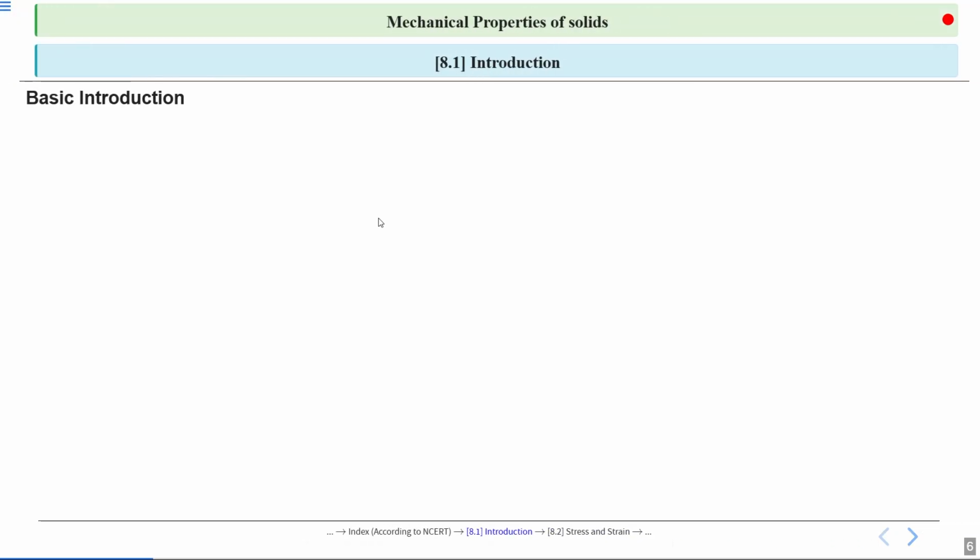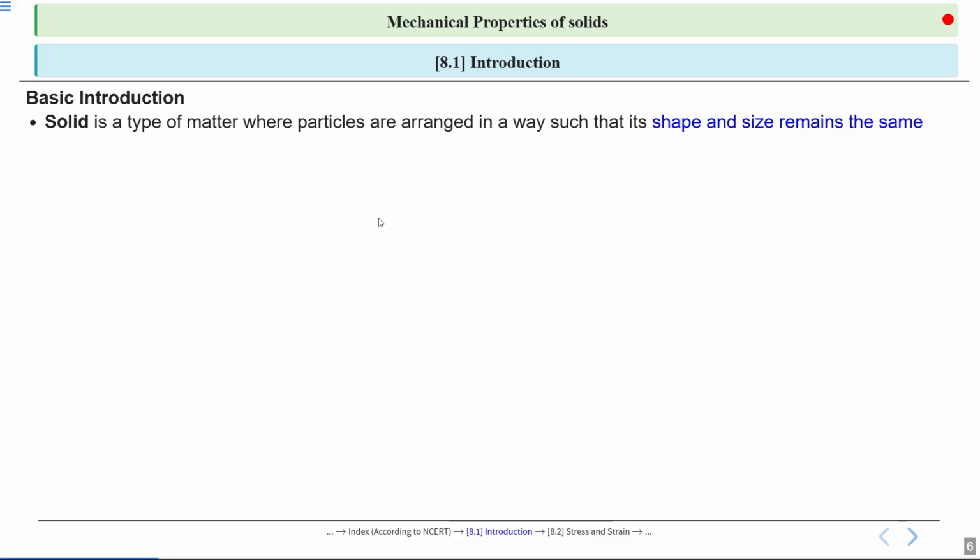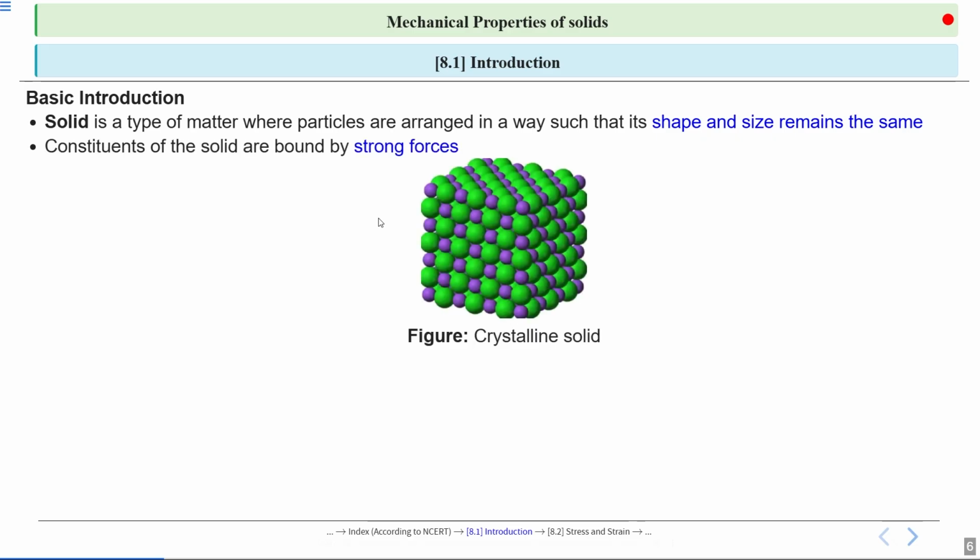So we will start by understanding what makes a solid unique. This is basic introduction. The particles in a solid are held together by strong forces. This is why solids maintain their shape and size under normal conditions. Look at the figure. The constituents of the solids are bound by strong forces,